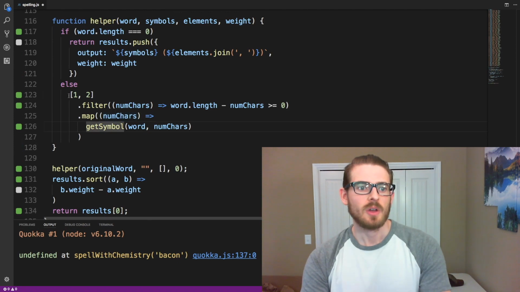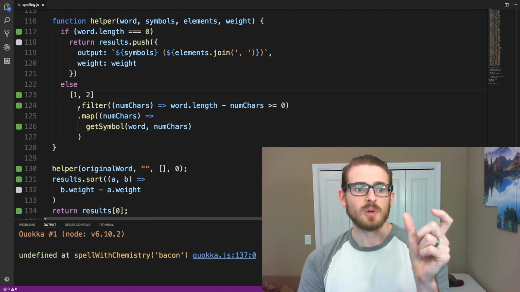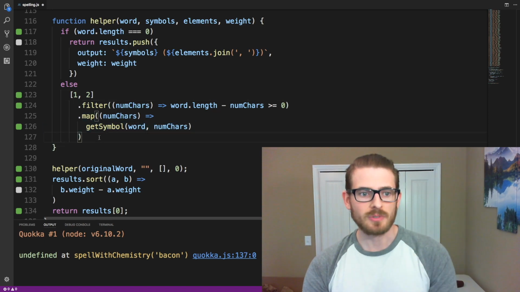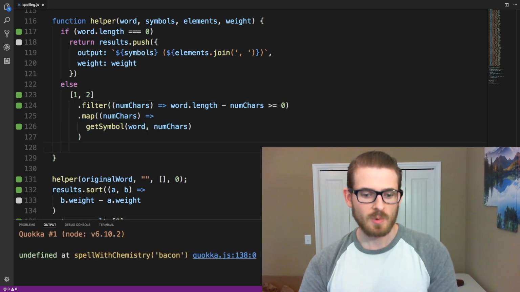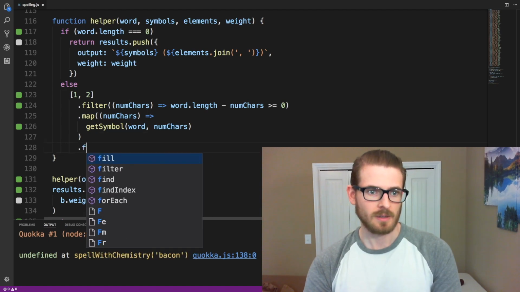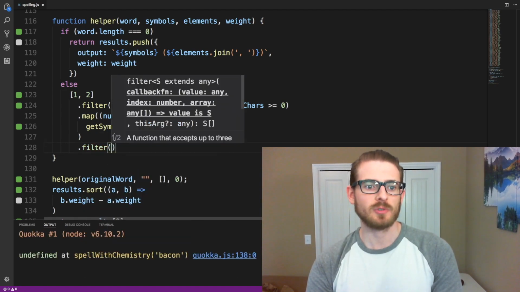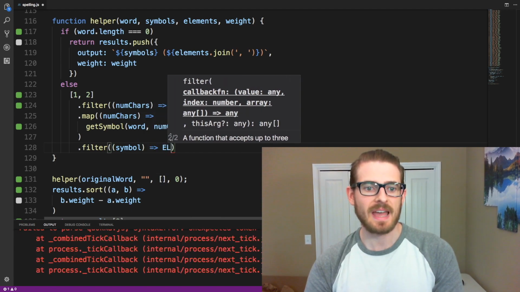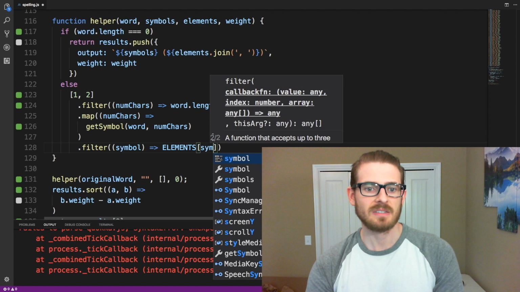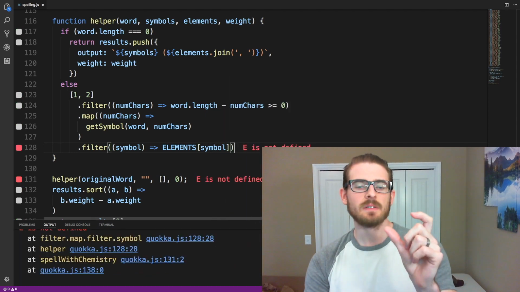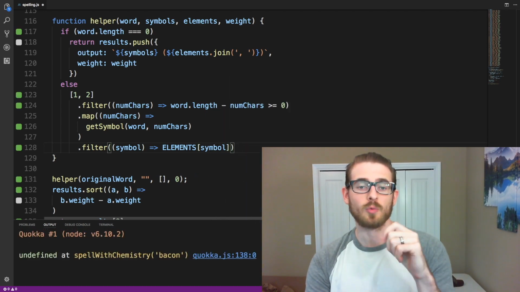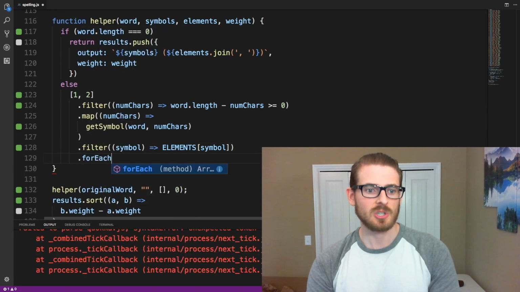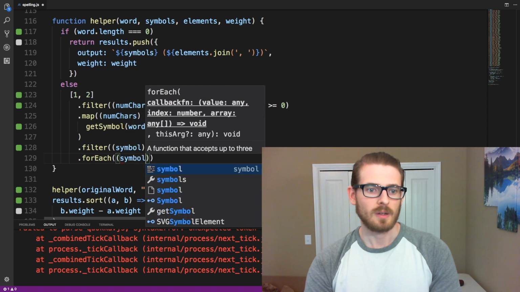So then again, we have 1 and 2. We filter out the ones that don't put us out of bounds. We map them to their respective symbols. And then we want to filter again to make sure that the symbol that we are trying to generate actually exists in our array. So we can say elements.symbol. So only give us the symbols which are real elements in our periodic table of elements. And then finally, we can just loop over each good symbol